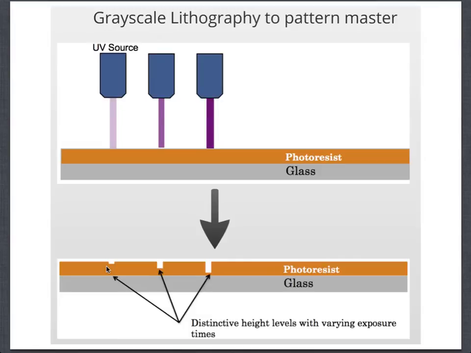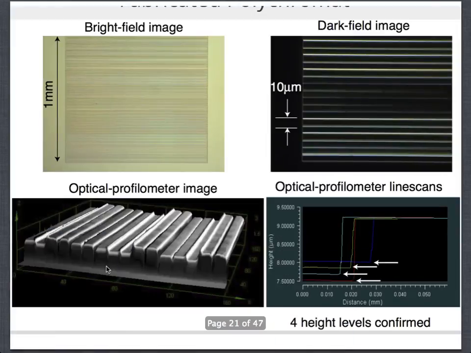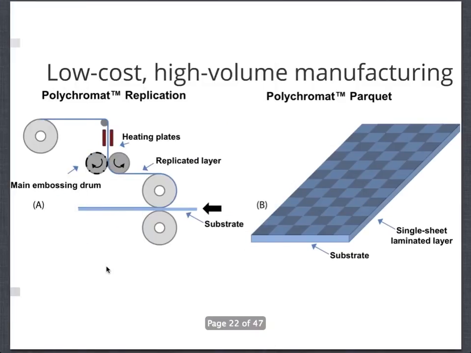And when you develop, you are left with a multi-height structure. This is actually a serial process, and it takes time to fabricate those devices, like 4 or 5 hours